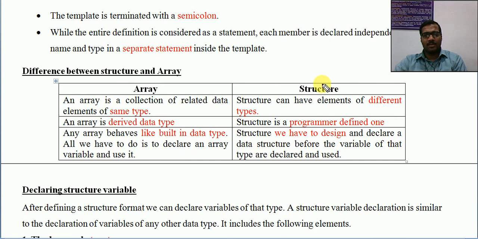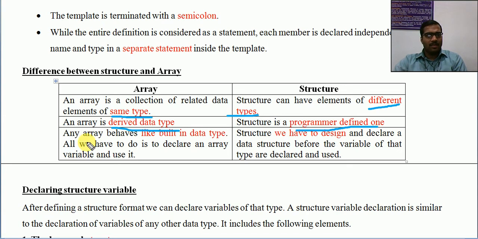Okay, it's an important point. An array is a collection of data elements of the same type. I will be mentioning the main point only, but here we are focusing on different types. That is the major requirement. The second one is that an array is a derived type and a structure is a user defined or programmer defined one. The array concept is already there. We are only creating that existing type by using a different name, but here we are actually creating a new type. The type itself is generated by the user, but an array is utilizing an existing type.